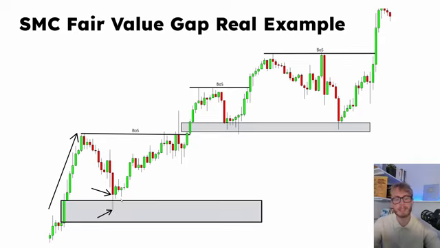But in this case, we didn't really see a clear signal on the fair value gap. So this is actually an example of a trade you might want to avoid. This was a bit 50-50 right here. But as we can see, the price eventually pushed above the break of structure here. So now we can once again look for good fair